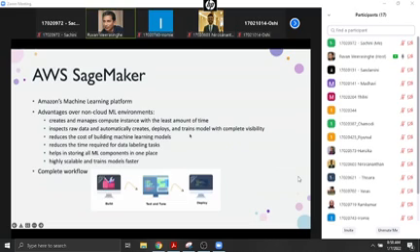Automatically creates, deploys, and trains models using your data files. So these are the advantages of pipelining. It reduces the cost of building machine learning models